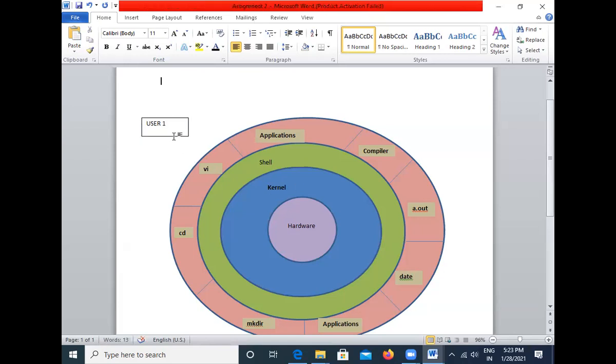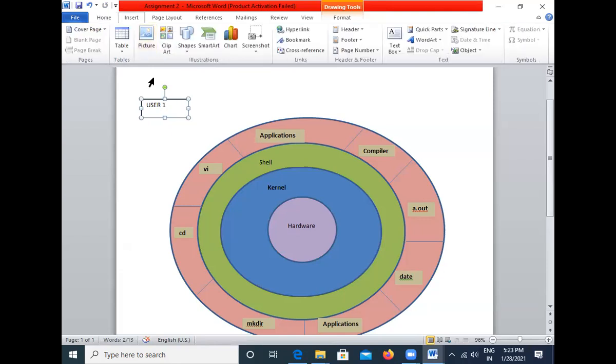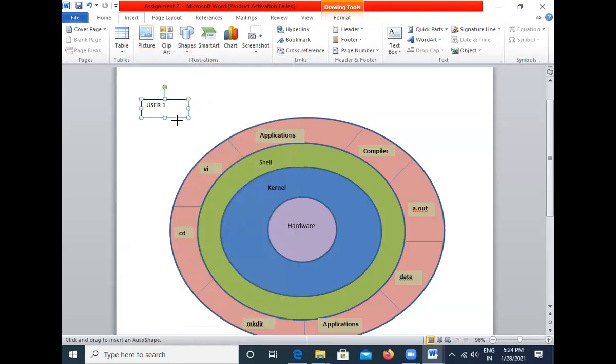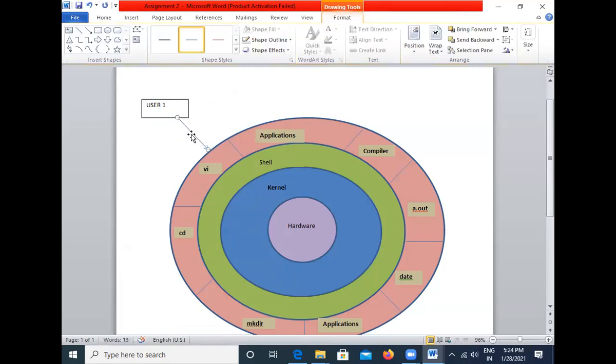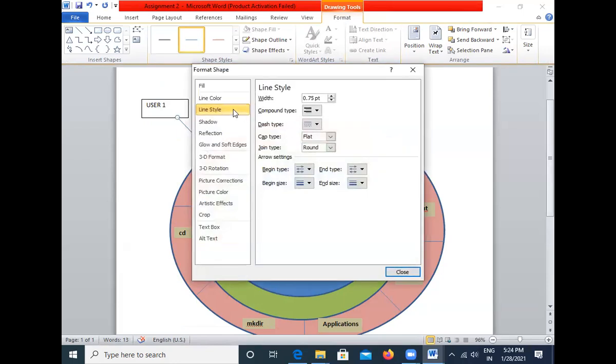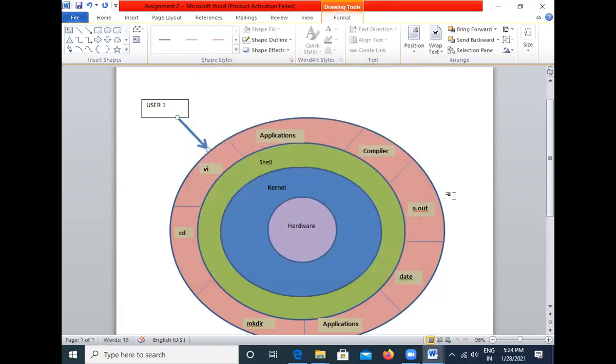and from here we want to add an arrow mark. For that go to insert, click on this arrow mark and drag it here. If you want to increase the size of this arrow mark, you can say format shape and line width, whatever you have, you can increase this and then say close.